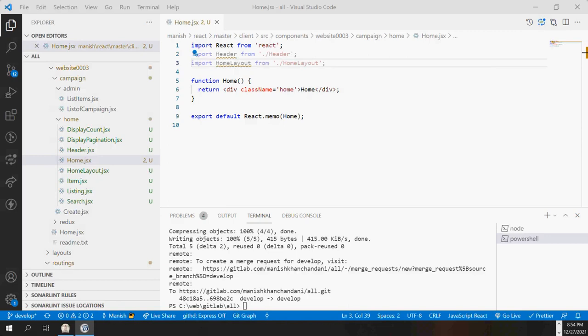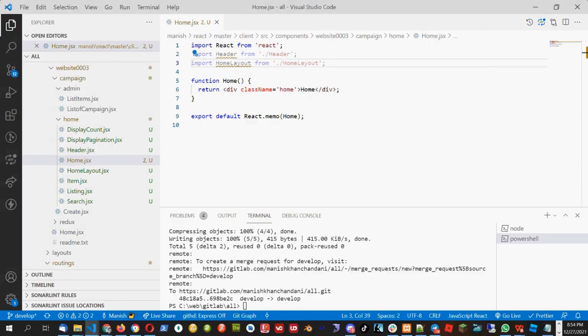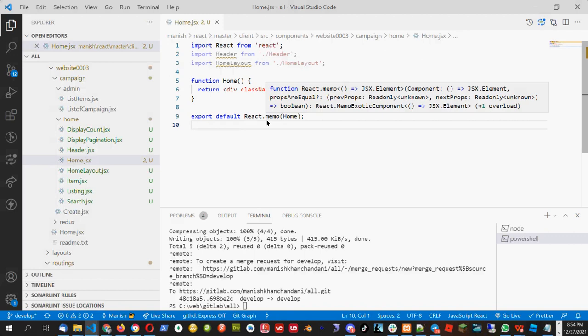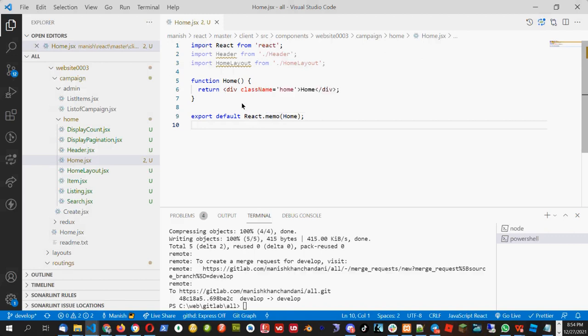I will not explain React Memo now. You have to go to the past videos and watch that one. If you don't remember for now, just remember you have to put the React Memo. Go through the past videos and see what I explained about React Memo. I gave a detailed explanation there. I will tell you now in short, but not in detail. In short, React.memo is something